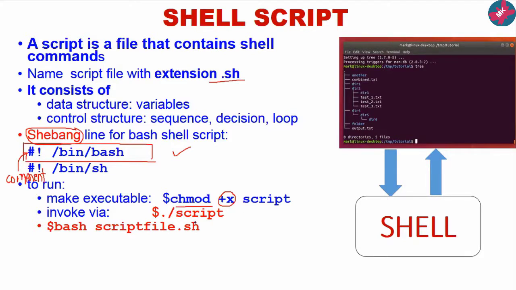This is one way to run your script file. Another way is to write bash in front of the script file at the $ prompt. Always remember you have to give the extension while running these script files.